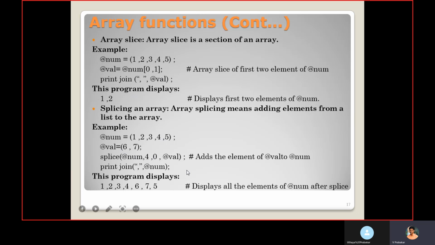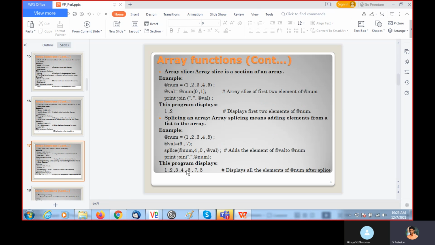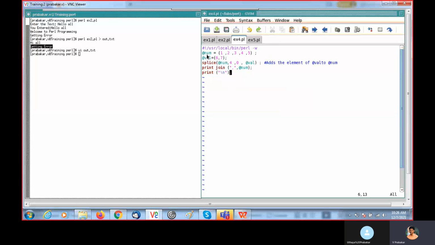I will explain with one more example. Here @num is the array we have. The same example we discussed in this slide. Run this.